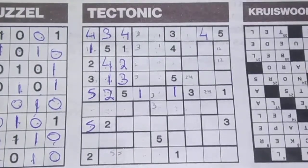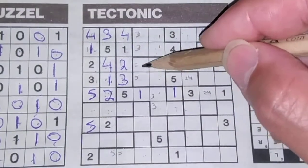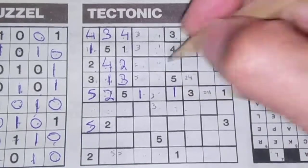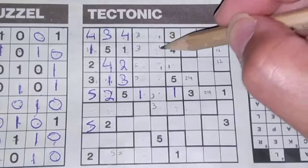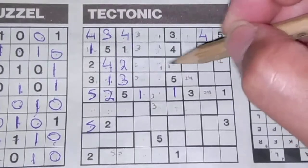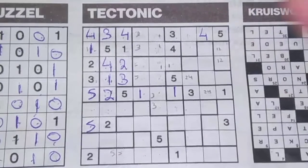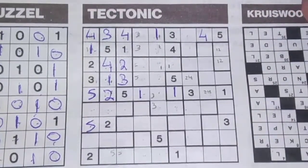Okay. Let me see. We have a 1 here, so this box cannot be a 1. This box cannot be a 1. That box cannot be a 1. So the 1 could be here or could be there. I see here we have a 1 in one of those two boxes. If I place the 1 here, then I cannot fill any 1 in one of those two boxes. So the 1 cannot be here. The 1 should be there. Alright. Then